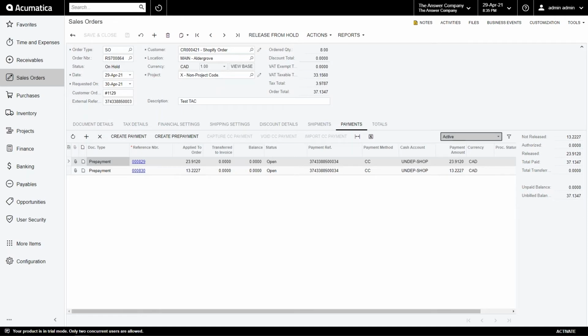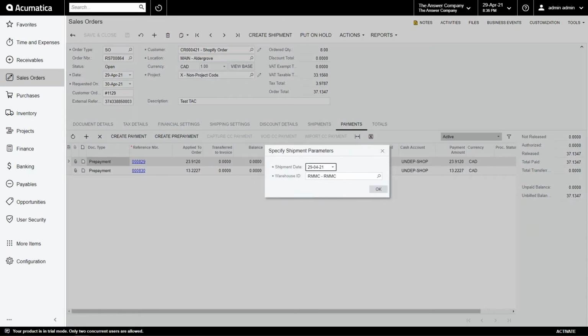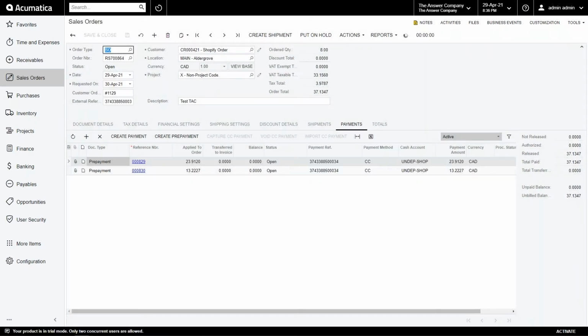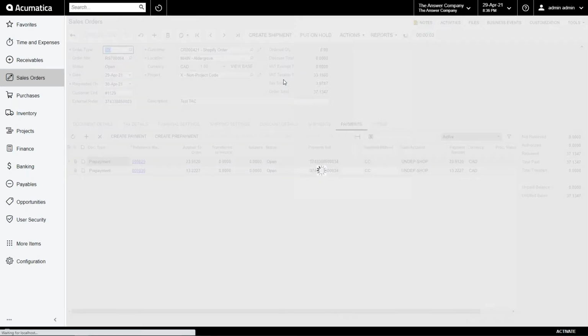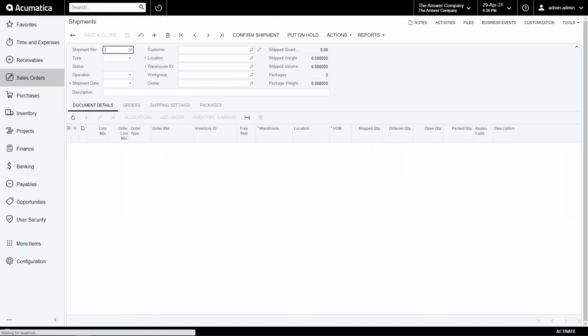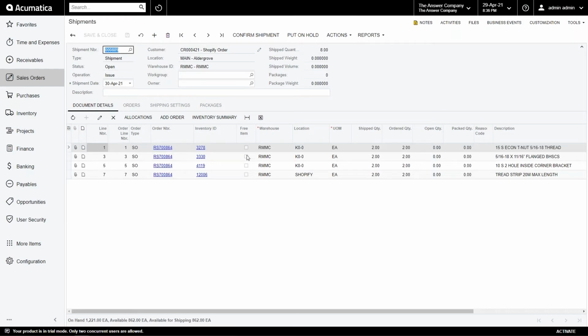So once we've done that, if we go ahead now and update this order and release it from hold, once it's released from hold, we go ahead and create the shipment, update the shipment date, hit OK. Now the shipment has been created within Acumatica, which impacts the inventory levels of those items on this details list,